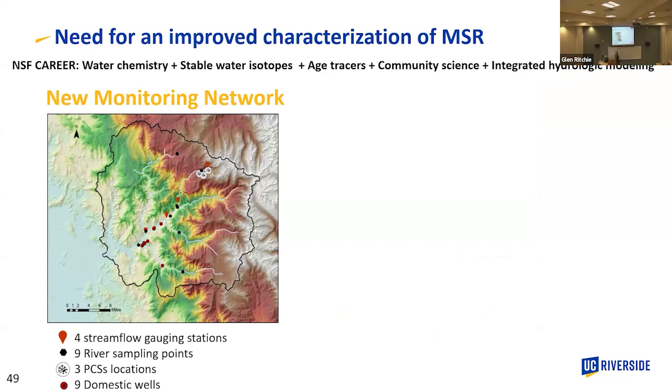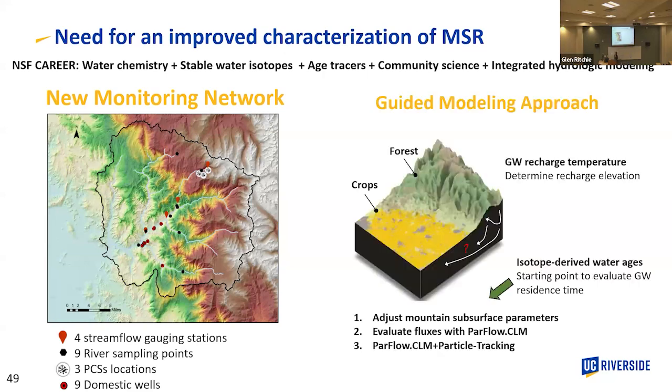It's been a couple of years now, to establish a new monitoring network in the Kaweah River watershed in the headwaters. So we have 11 sites where we do monthly streamflow sampling. We are working with the community scientists to measure water level in their wells, in the domestic wells. Also, give us samples at a monthly time scale. And they are very committed to understand the processes. And then we are integrating these geochemical data with hydrometric observations to understand the processes in the mountainous environment.